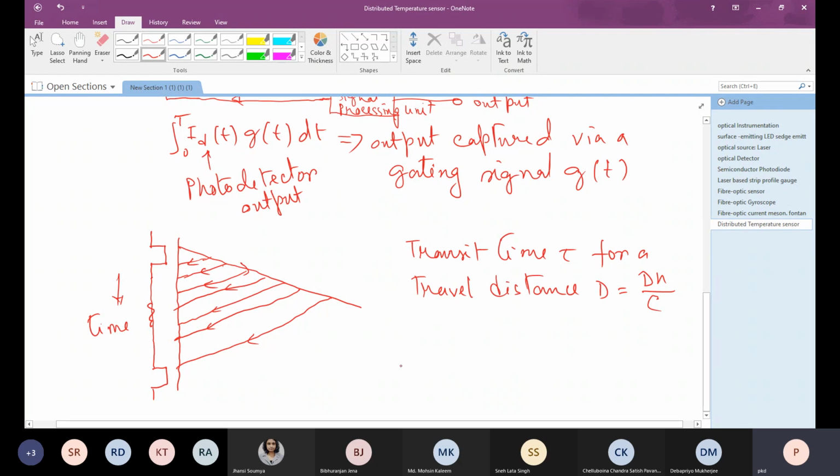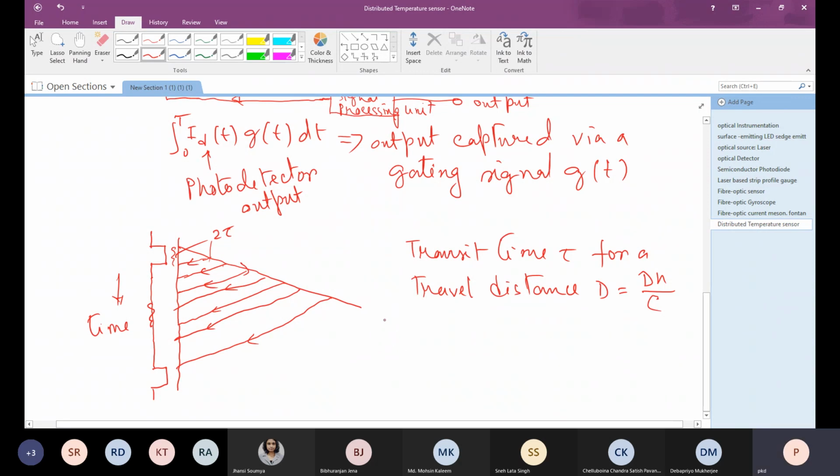So the light will travel twice tau. So this distance is basically twice tau. If this is the distance and this is the travel time, so this one is twice tau, because